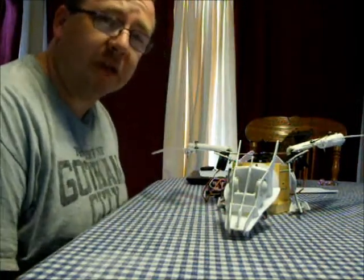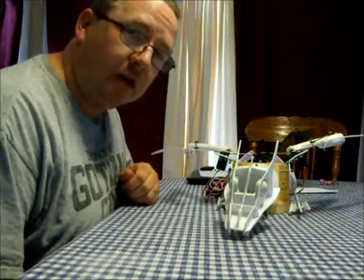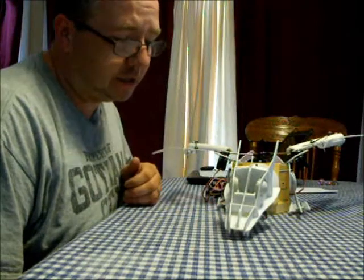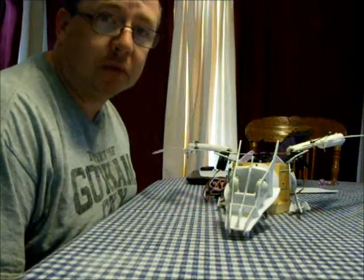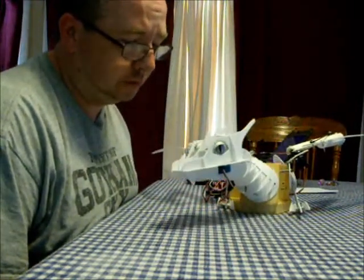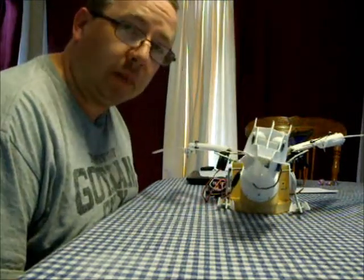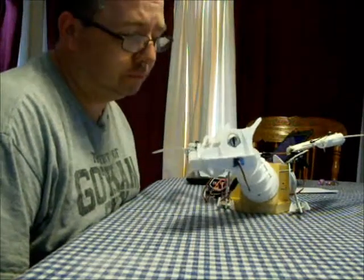I'm here for Foamtastic Props, and I'm introducing you to my animatronic dragon. I've had a lot of people ask me about this pretty little lady here, wondering how I did it, how I built her, and I'm going to basically show you how I went about it. I may take a wing off or something and...